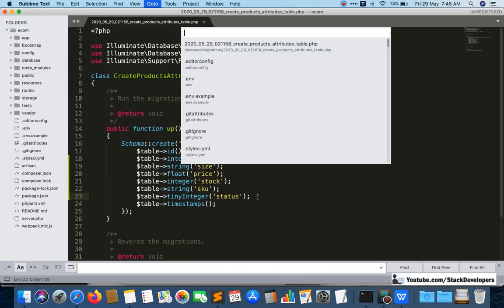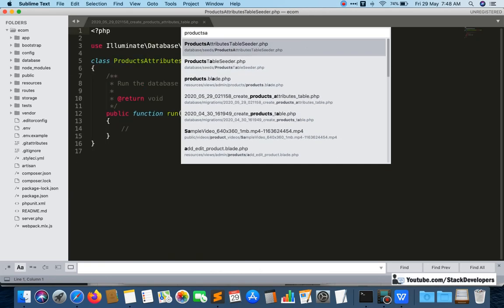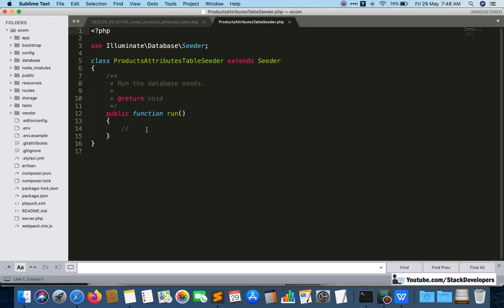I'm going to open the product attributes table seeder. First I will attach the model to this file.